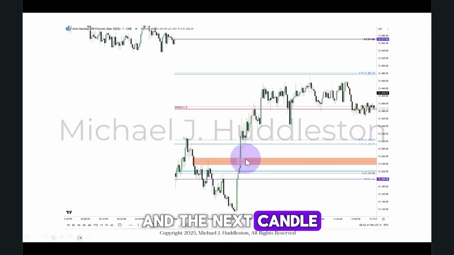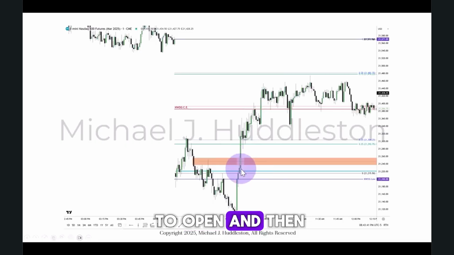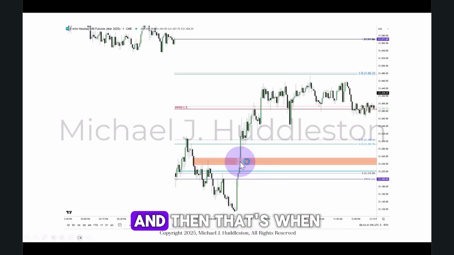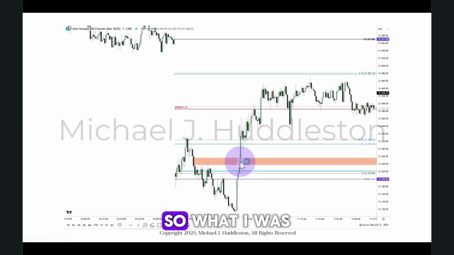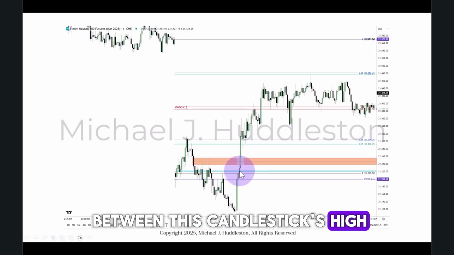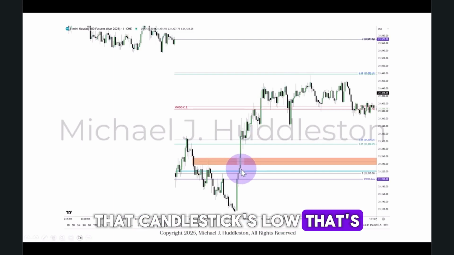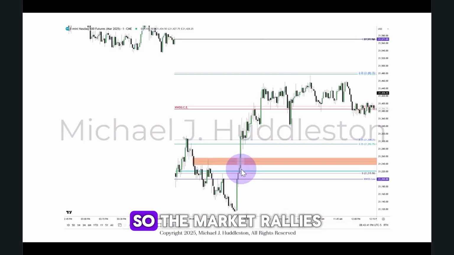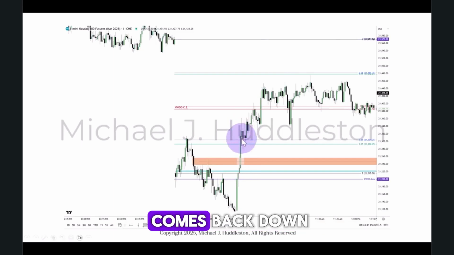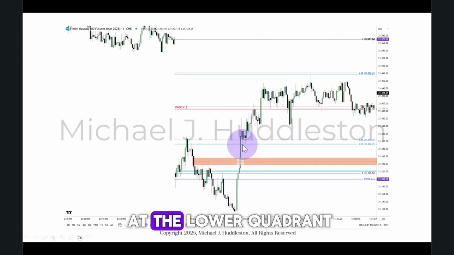And the next candle, I waited for it to open and then start rallying back up into, and that's when I set my stop loss. So what I was looking for is it to create the low of that candlestick there. And if you look real close, there's a little separation between this candlestick's high and that candlestick's low. That's a breakaway gap. Okay, so the market rallies, comes back down and finds some support at the lower quadrant